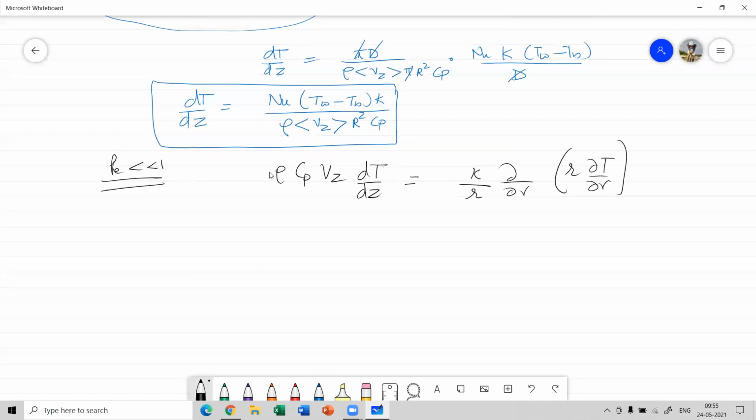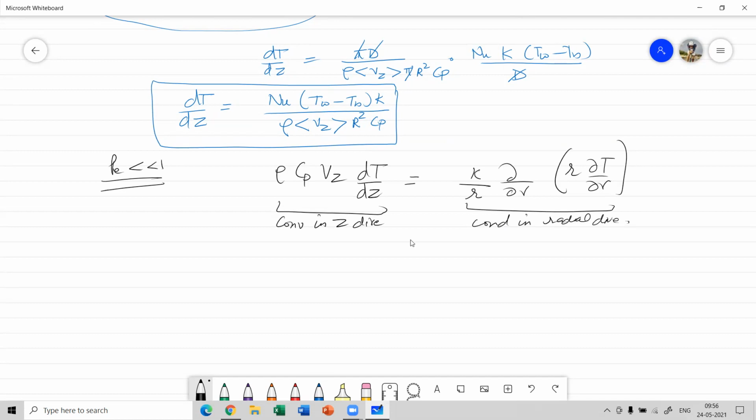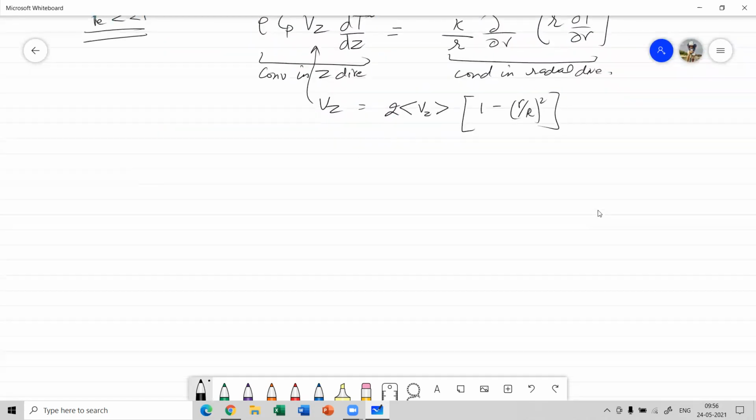So this was the convection in z direction, and this is the conduction in radial direction. So Vz was twice the average velocity into 1 minus r by capital R whole square. We're going to substitute this expression over here. At the same time, we're going to substitute the expression of dT by dz in terms of Nusselt number over here. So upon substituting,